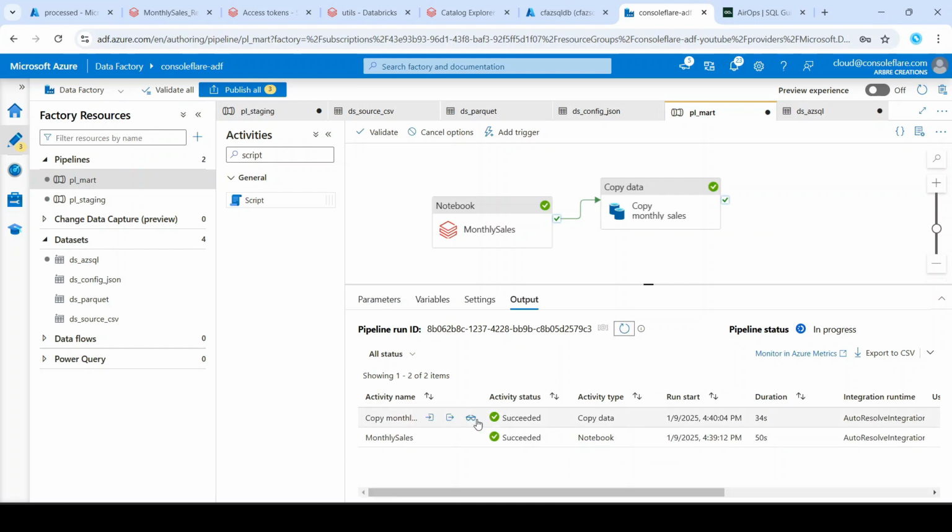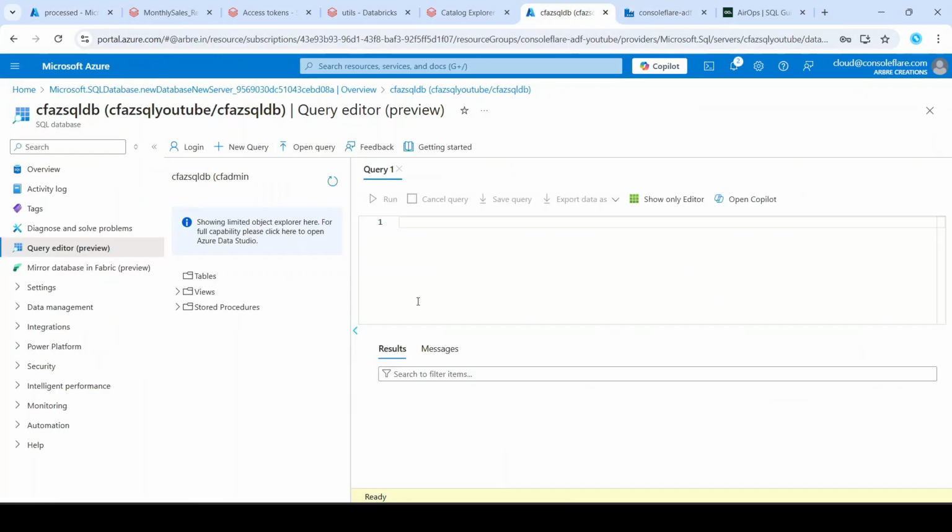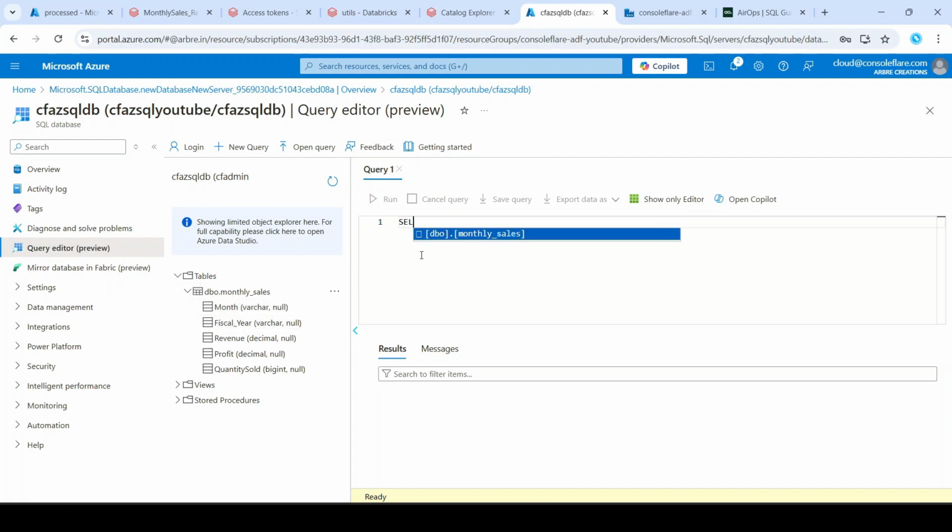ओके, सो एक्टिविटी हैज़ कंप्लीटेड. नाउ लेट्स सी कि हमारे SQL में डेटा आया है या नहीं. सो यहाँ पे अगर इसको रिफ्रेश करते हैं, टेबल्स में dbo डॉट मंथली सेल्स, और इसमें हमारे पास कॉलम्स हैं. लेट्स डू अ सेलेक्ट स्टार ऑन दैट. सेलेक्ट स्टार फ्रॉम dbo डॉट मंथली सेल्स. रन दिस,